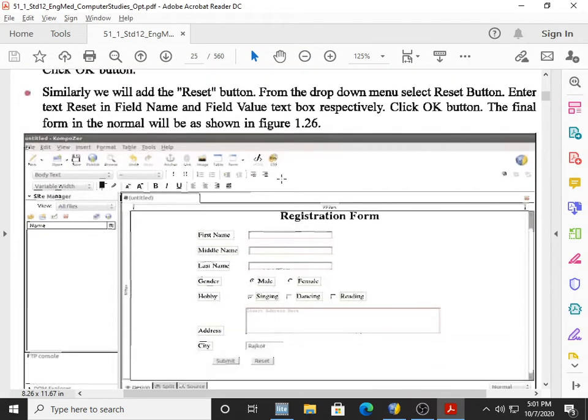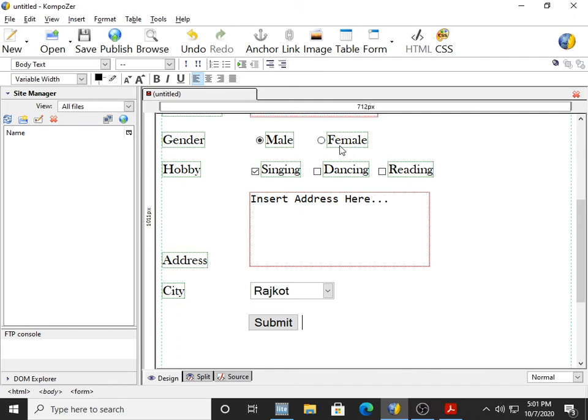Next, similarly we will add the reset button. From the drop down menu select reset button, enter the text reset in the field name and field value text box respectively and click on OK button, and the final form in the browser will be as shown in figure 1.26. So how to create the reset button?